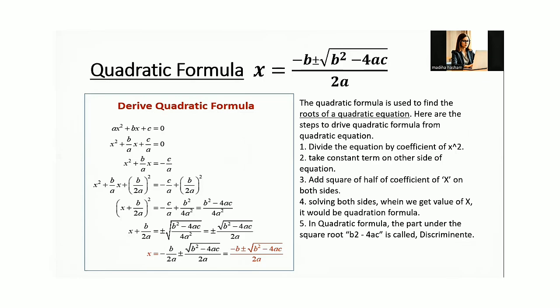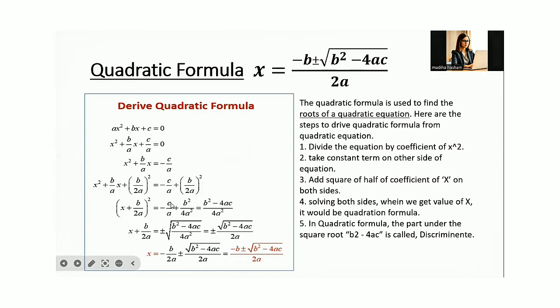When we add b over 2a squared on this side, it becomes x squared plus b over a x plus b over 2a whole squared. Remember the formula: x plus y whole squared is equal to x squared plus 2xy plus y squared. So according to that formula, we can write it as x plus b over 2a whole squared is equal to,